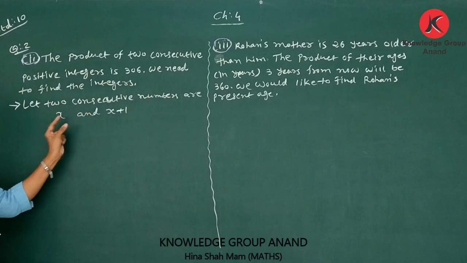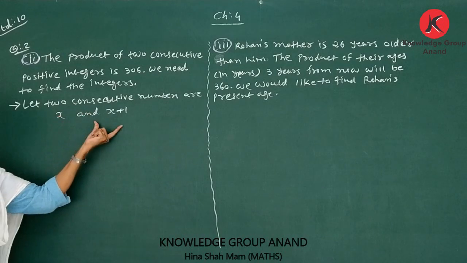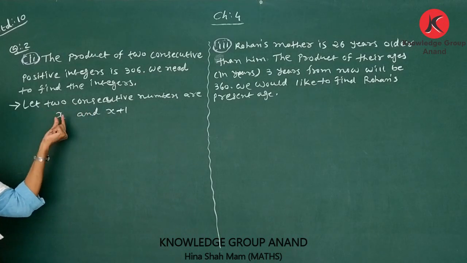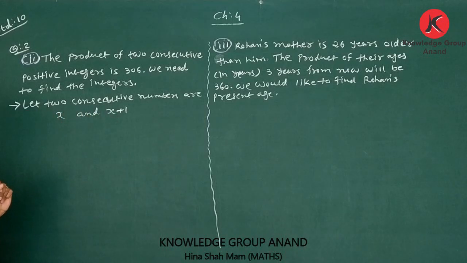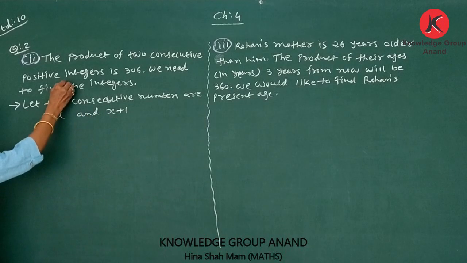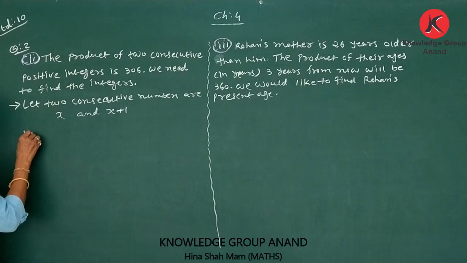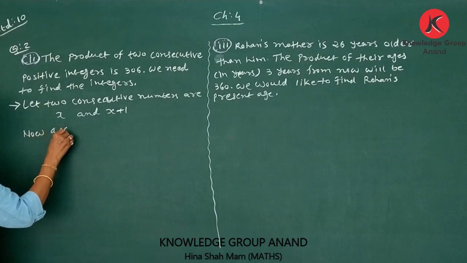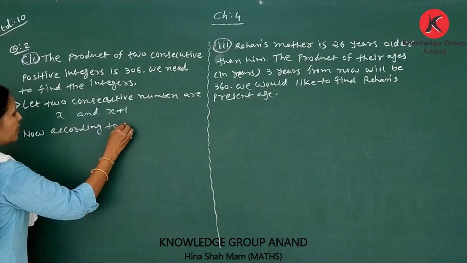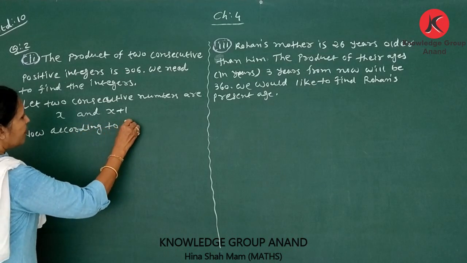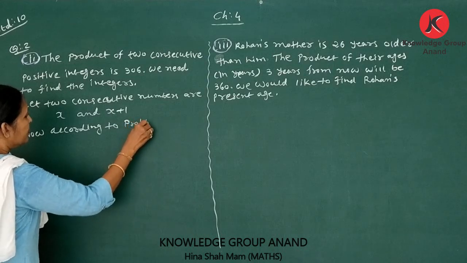Two consecutive numbers are x and x plus 1. Here the smaller number is x and the larger number is x plus 1. Now, according to the condition, according to the problem or condition,